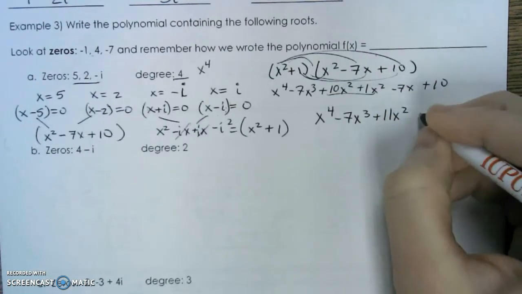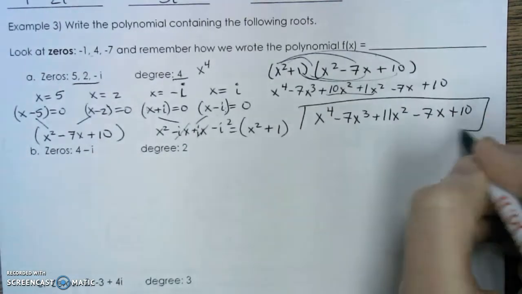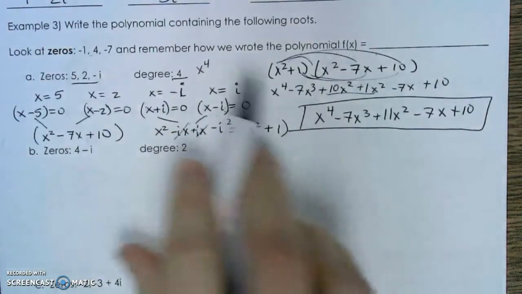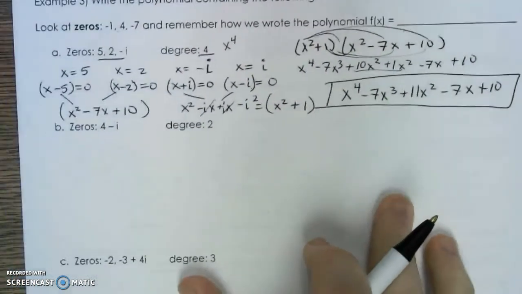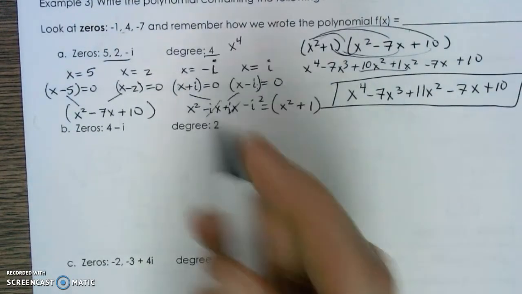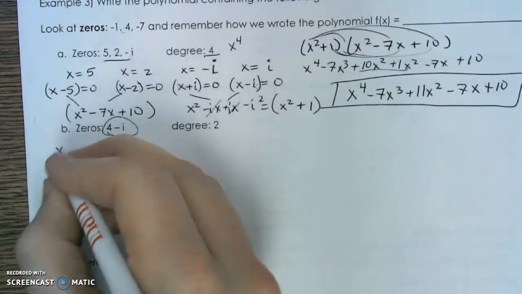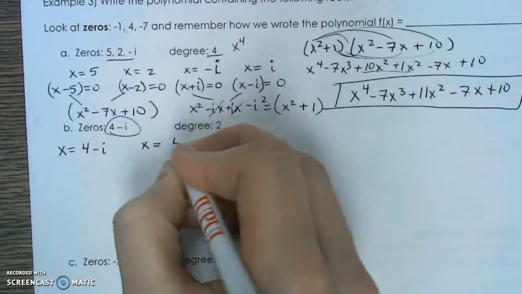And then I've got a negative 7x and a 10. So that is my polynomial with those given zeros, and it is degree 4. So I've got what they said I was going to get. For B, we're going to do the same thing, only if this is not a 4 comma negative i, it's a 4 minus i. So I've got 4 minus i, which means I've got another answer of 4 plus i,